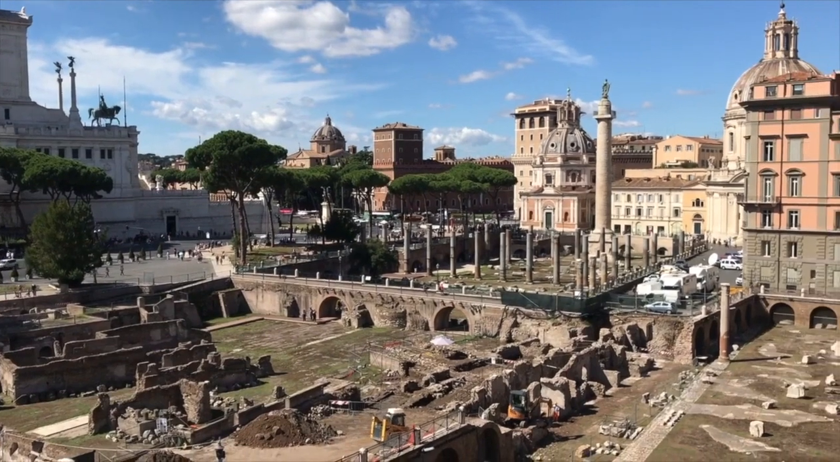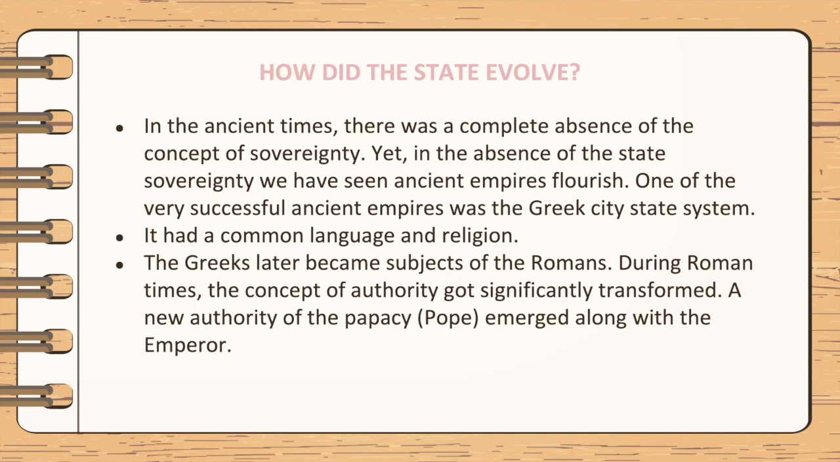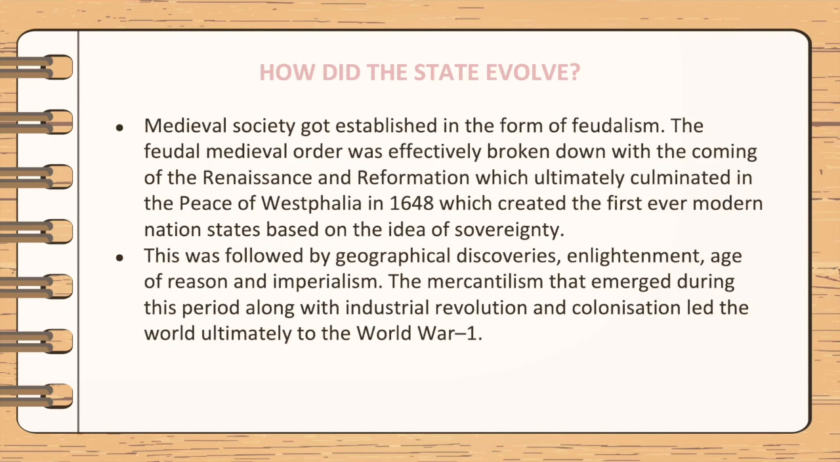During the Roman time, the concept of authority got significantly transformed. A new authority of the Pope emerged alongside the emperor. Now, medieval society got established in the form of feudalism. The feudal medieval order was relatively broken down with the coming of the Renaissance and Reformation, which ultimately culminated in the Peace of Westphalia in 1648, which created the first ever modern nation state based on the idea